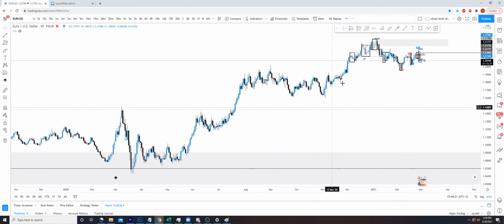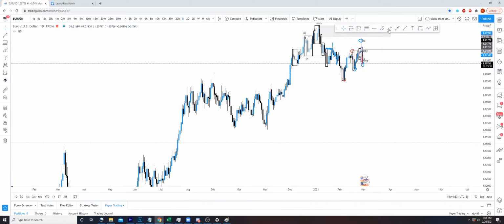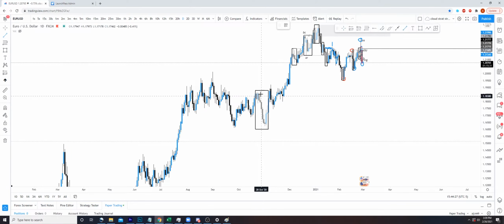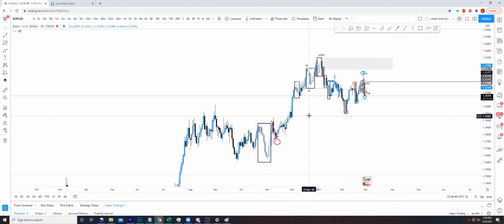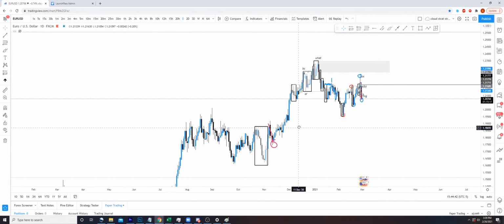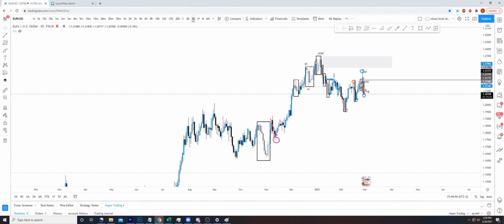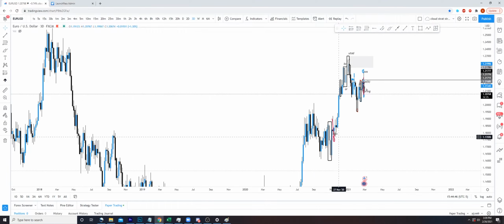And what I mean by that is if we just even take a look right here, right? What do you have? You have your last down move right here. It becomes valid when price trades above this point. So right here, on that high, it becomes valid. Look what it does. It comes into it, trades off it, continues higher, right? Very simple. Now, what's also interesting is if you actually got even a little bit higher, maybe like a 3-day,